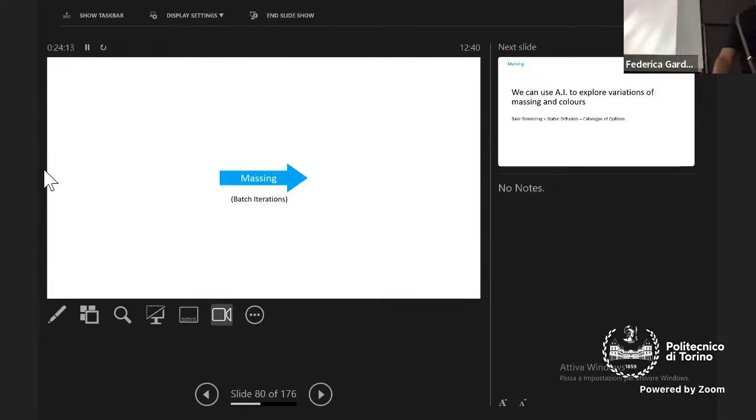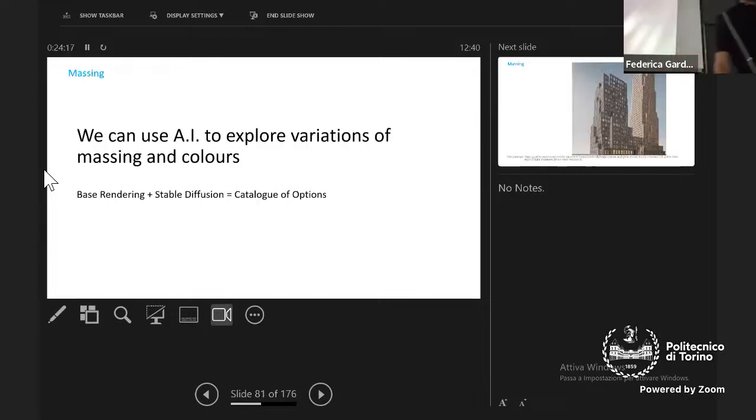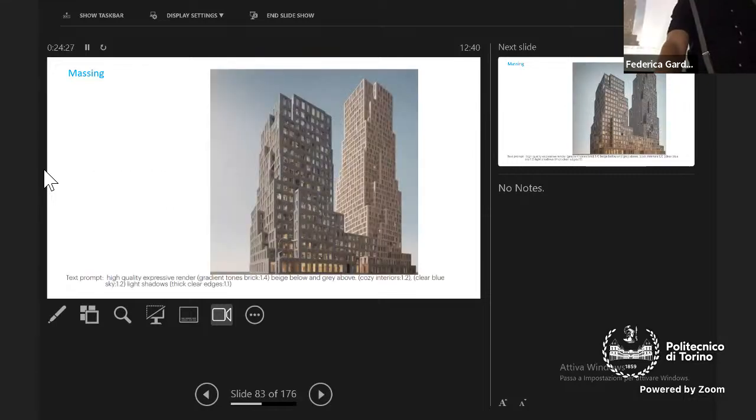Really quickly, I'm going to go through massing, batch iterations, which we can use AI to explore just as you saw before. You can get so many images that you can simply explore a lot of massing and color options. So this project down here, you see the text prompt that was used. And in this case, we just wanted to try really quickly